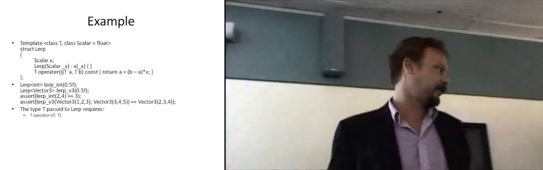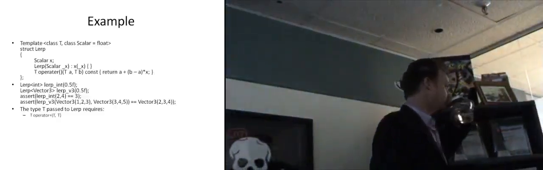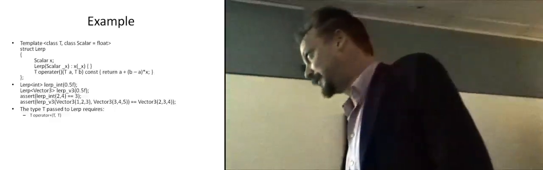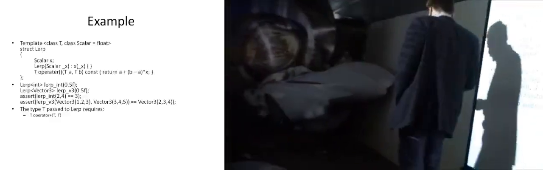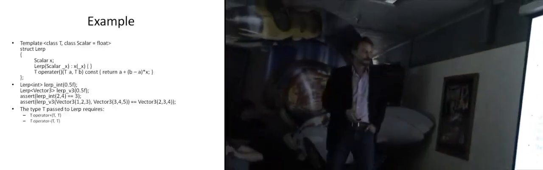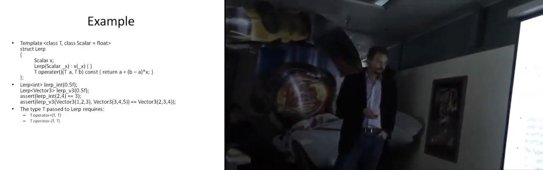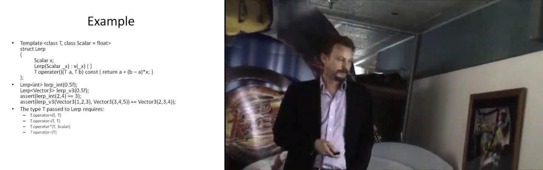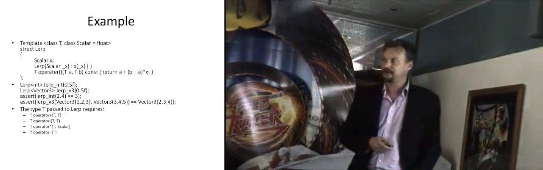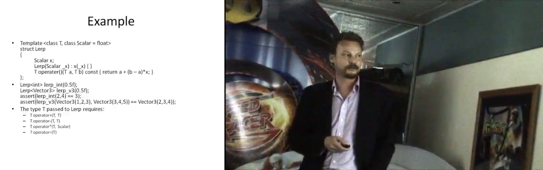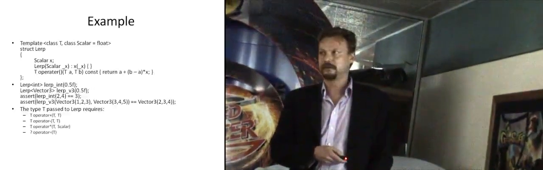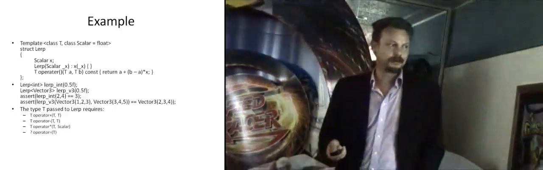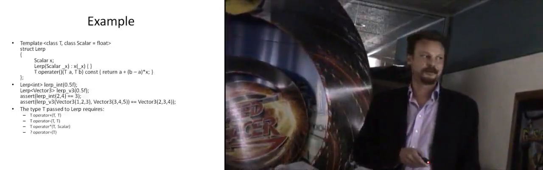it'd be an interesting exercise for people to try to figure out if they can see all the operators that are used. Obviously, we're adding two of these values together. We're also subtracting two of them. We're multiplying it by a scalar, which is that multiply there. And the hidden one, I guess, is that we're also doing an assignment operator, because we're returning the value of this by value. So we have to be able to copy that value, which can be surprising sometimes if you don't realise that there's an assignment operator being done here.